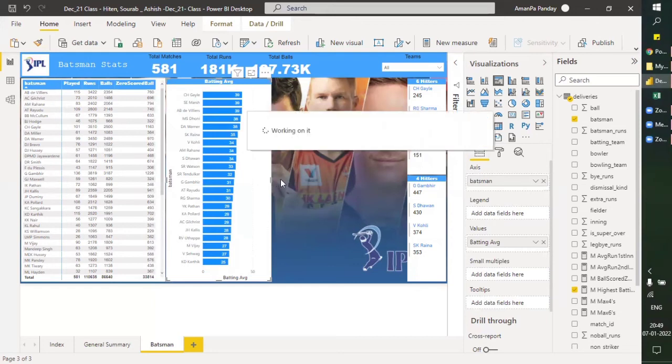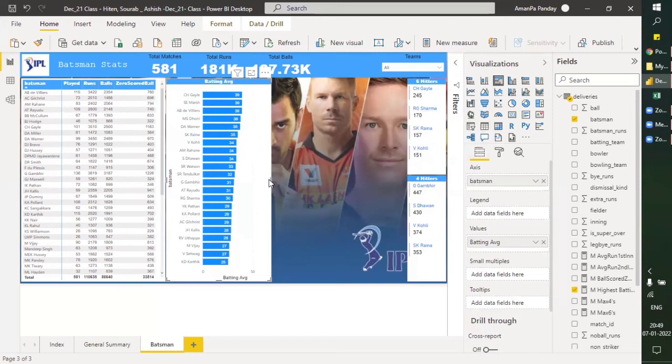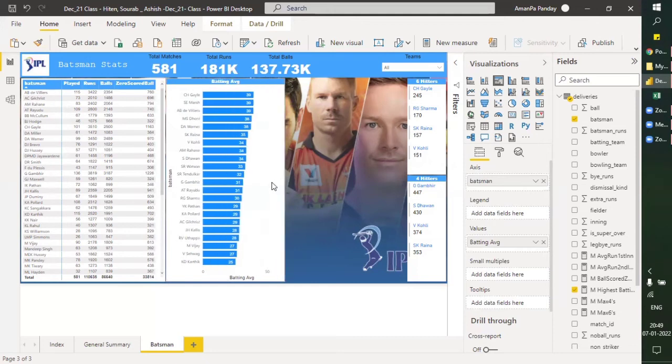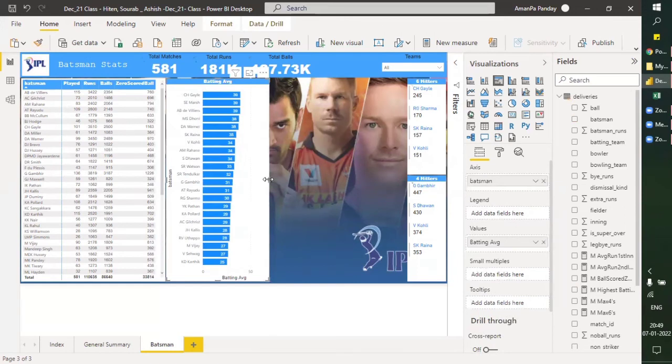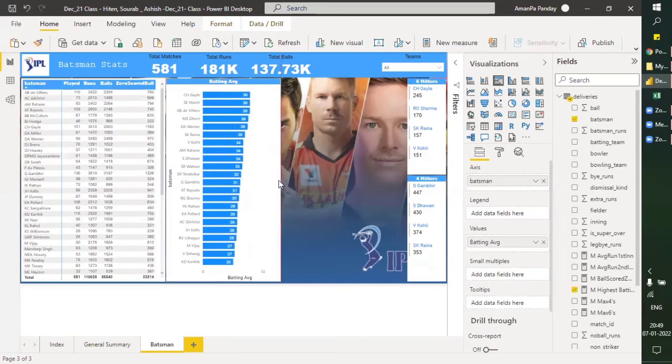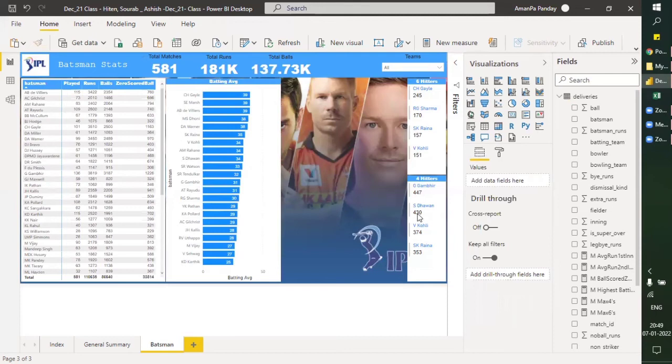So going to your query, Ashish, let's revisit the DAX which we have created. Okay, so average, highest batting average.